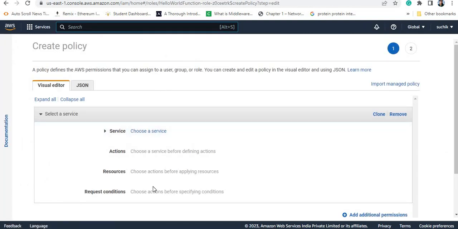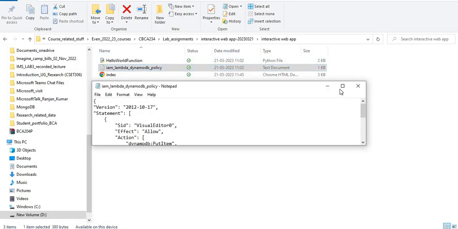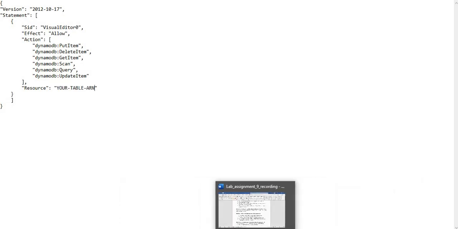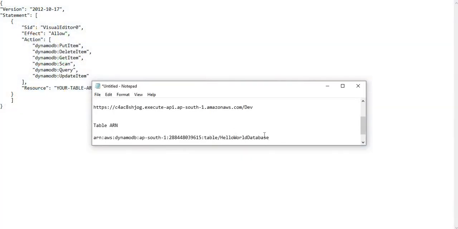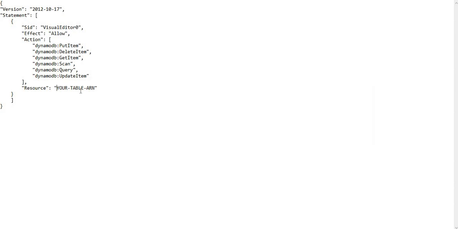So what will be added in the inline policy? You can see here I have written one policy. Here you need to write the complete thing so that the Lambda function can be triggered or called, and the data will be saved in the table that you created, right? So here I need to provide the ARN of the table. Just go here, copy the ARN of the table and paste it here. And copy the complete command from here